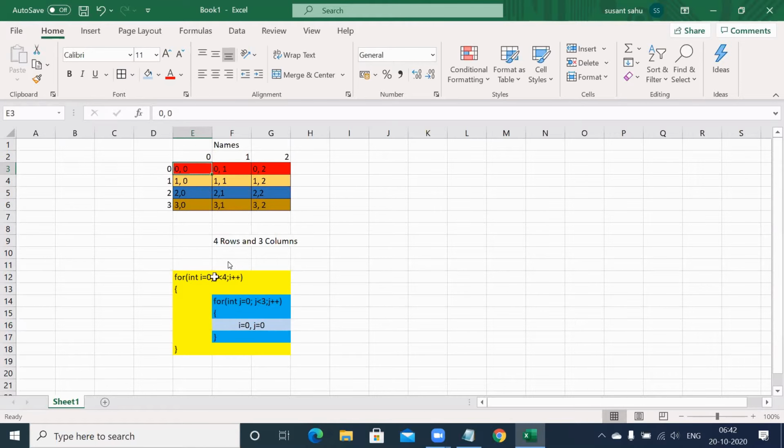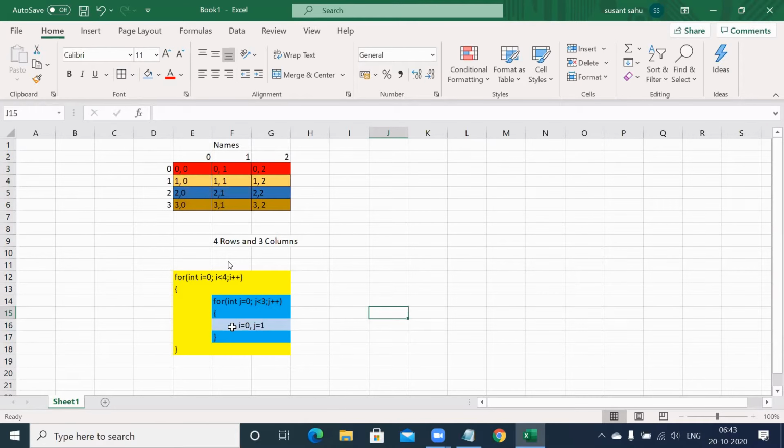Similarly, the I value will be constant and the J value will vary from 0 to 1. That means here it will be I as 0 and J as 1. That means the second time the inner loop executed, the I value is still 0, but the J value is 1. The I value will still be 0, J value will be 2. I value will still be 0, J value will be 3, but unfortunately J value 3 will not be there because we have up to 3 columns only.